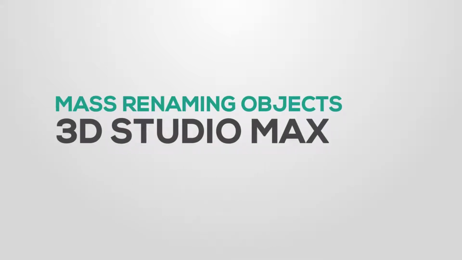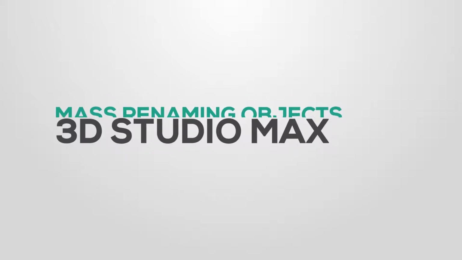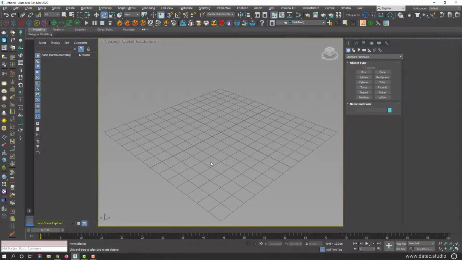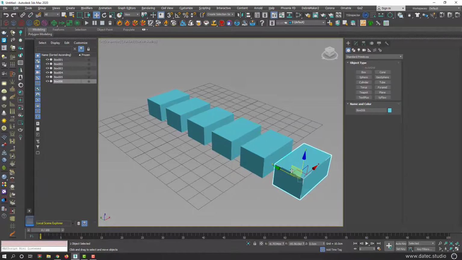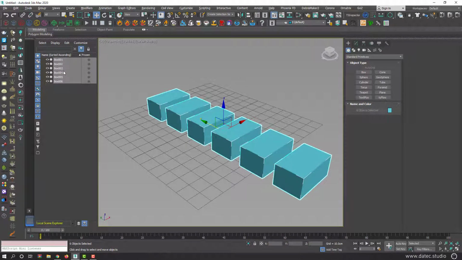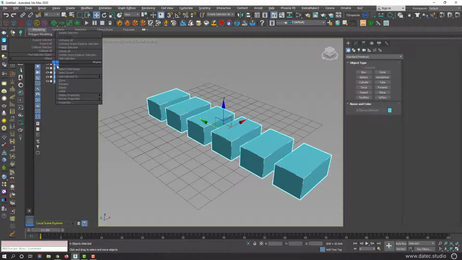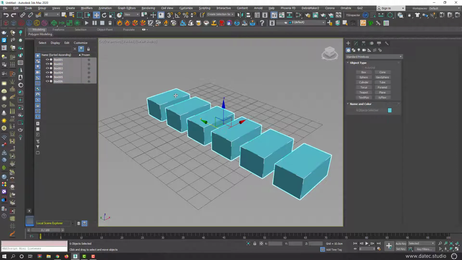In this quick introduction, I want to show you how to rename objects in the scene. However, as you know, in 3D Studio Max, we could have similar names, exact names. For example, you could change all these boxes to the same name, Box, but to change the group of objects, you could select them. In the Scene Explorer, you could right click and choose rename, or as I mentioned in a previous